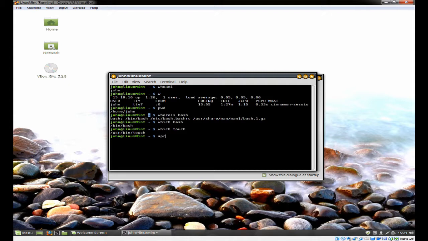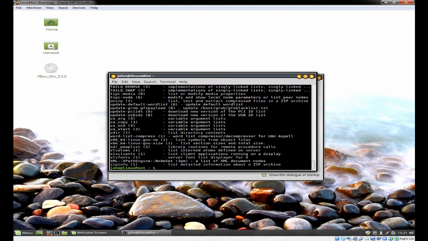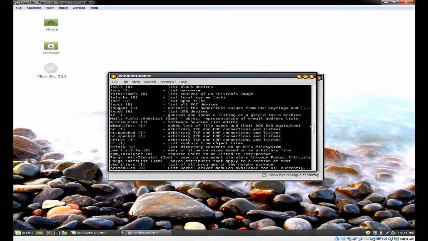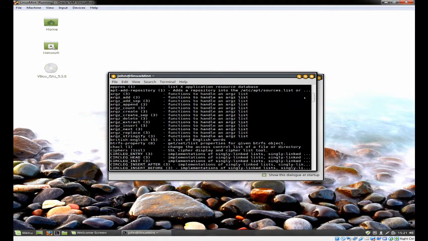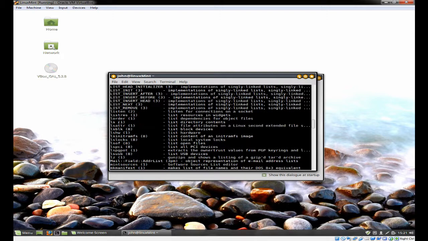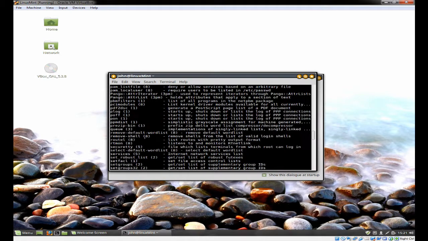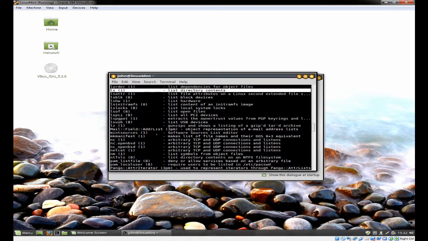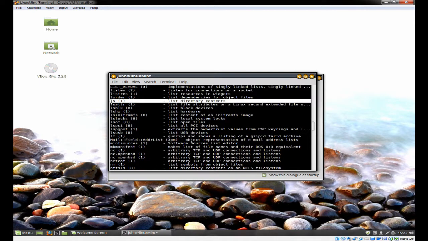Right, apropos. If you don't know what something does, but you know, for example, it operates by listing something, you can put list, and as you can see, you get rather a large number of commands. You can then look through to find the command that you want. In this case, I want this command here, which is list directory contents. As you can see, we've got a lot of commands, but you then can take this information,